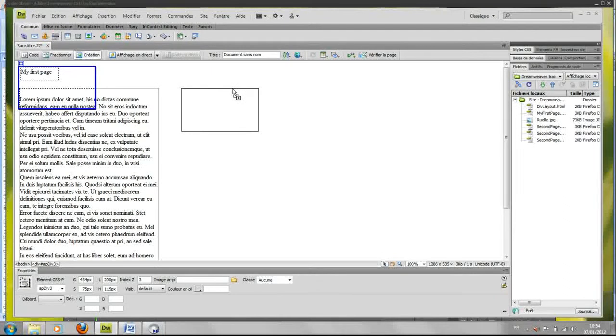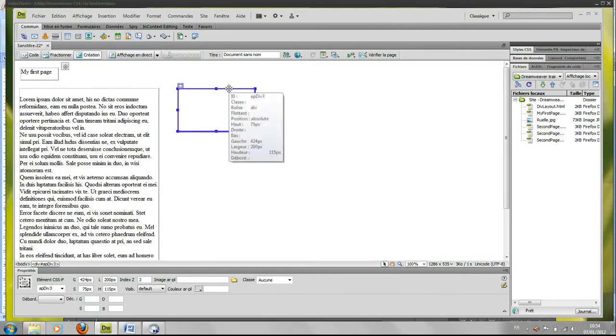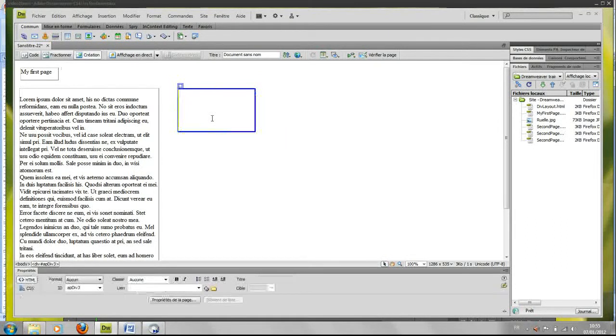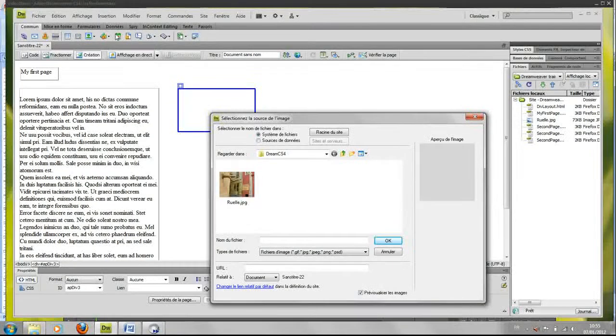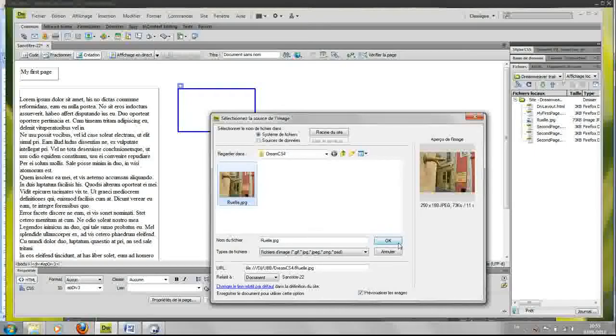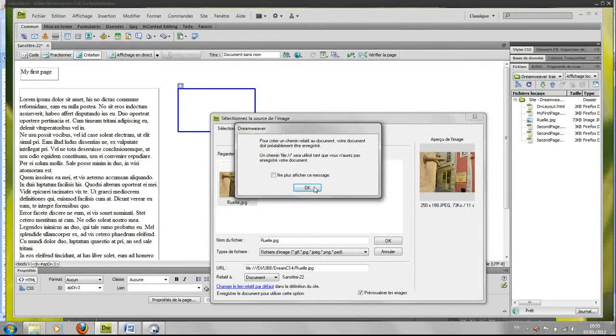So we shift this block, this div, and here we will insert inside this tag an image by using the Insert menu, Image, and you search on your hard disk for an image to be inserted. For instance, this one. So I click on OK once and twice,